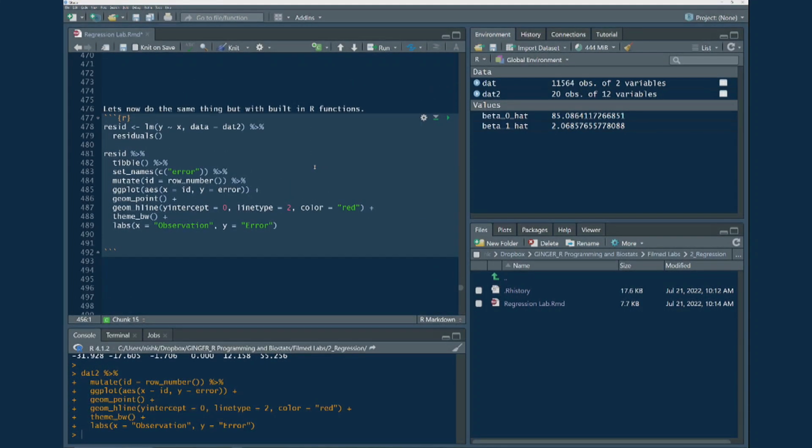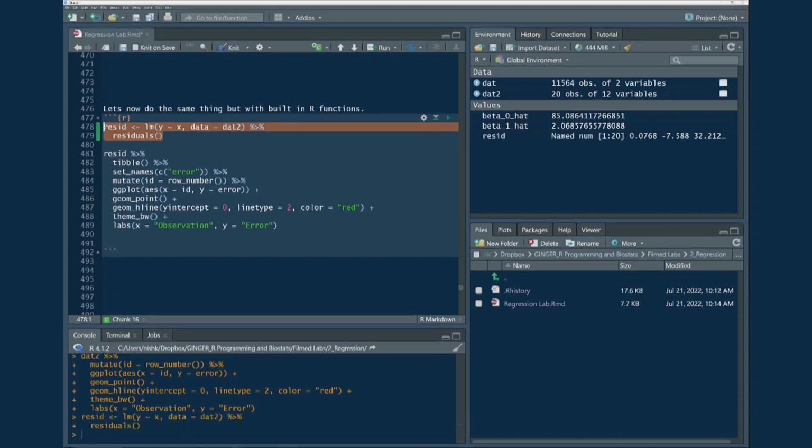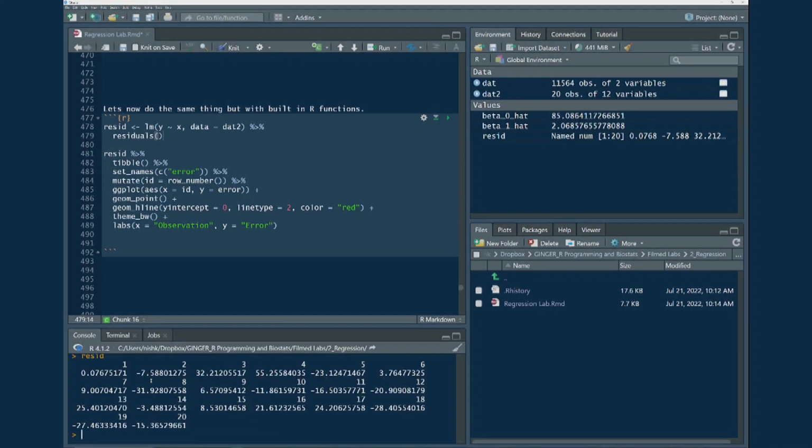Let's do the exact same thing we've just done, except now using R's built-in functions. We do want to double check that what we're doing by hand is exactly what comes out when we use R's built-in functions. So first, we will calculate all of our residuals. The residuals here are simply ones where we have our model and we extract them using the residuals function. So this data set that I have called resid is simply an array